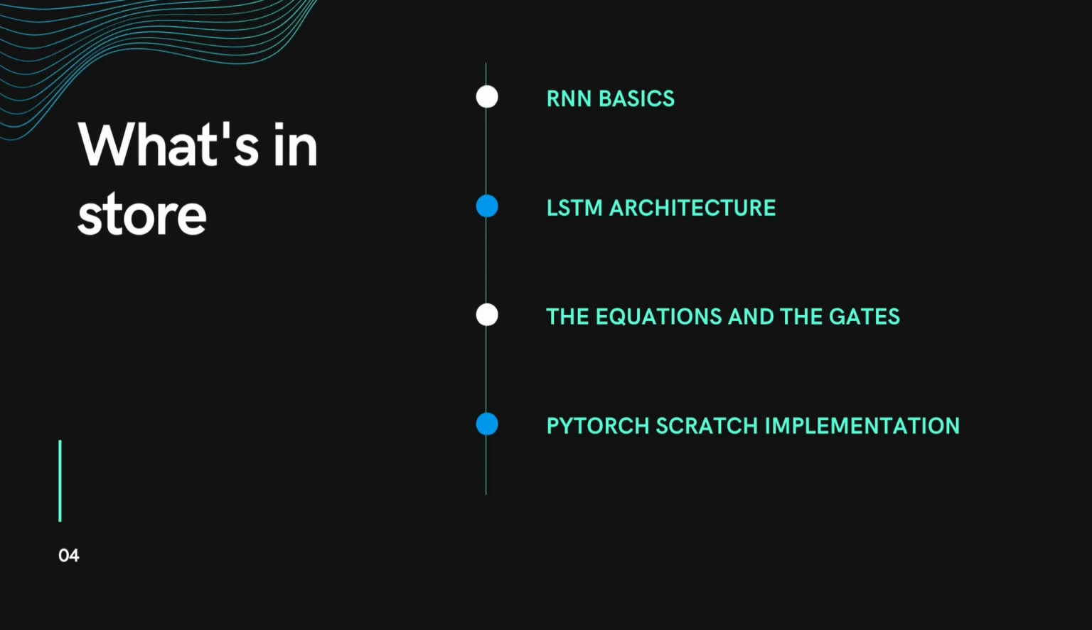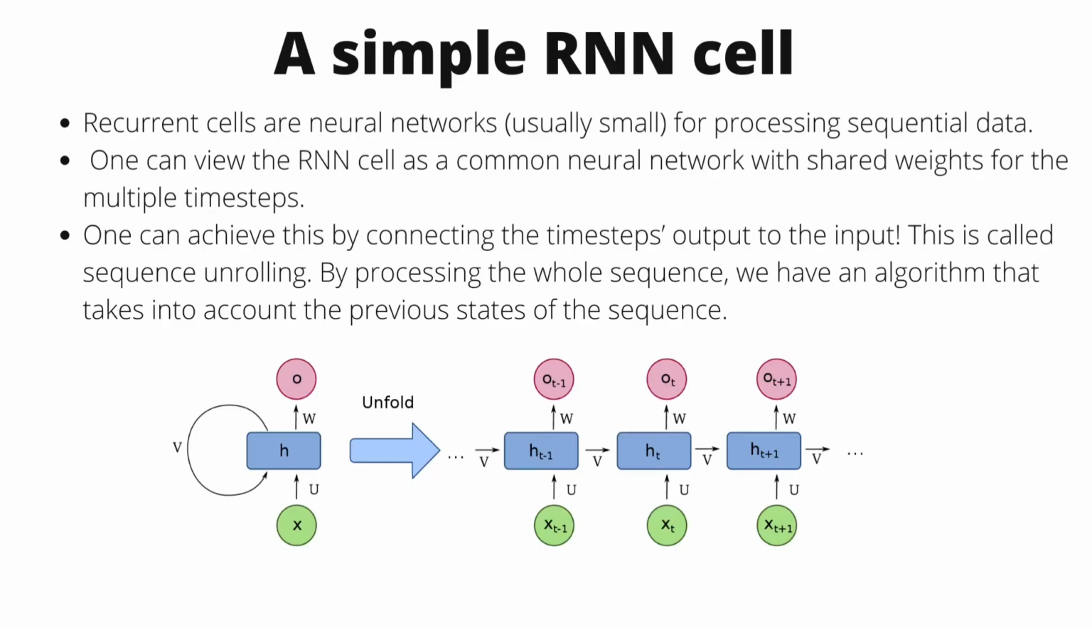So a quick glimpse into a simple RNN cell. As you can see in the figure, it is basically a common neural network with shared weights. The weights are the same for every time step and it is taking in sequential data, and that sequential data can be of variable length. That is a limitation when it comes to a common neural network. You cannot pass in variable length data, but then RNNs were able to overcome that